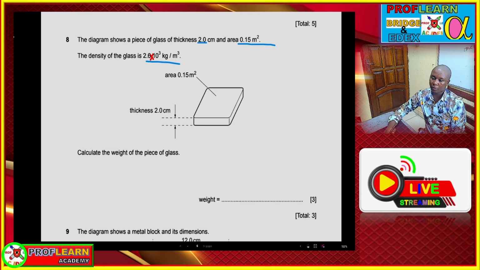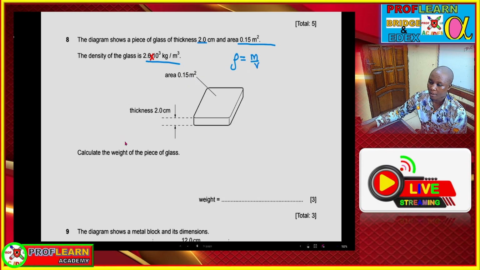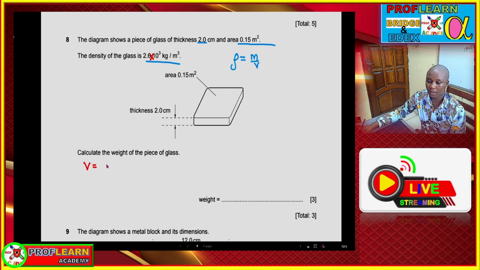So some of the questions you'll be expected to do in IGCSE general physics are questions to do with density, and you need to remember that density is equal to mass over volume. But in this question we are supposed to calculate the weight of the glass, and before you work out the weight, you need to find the volume. Volume is cross-section area times length, and so we are going to divide this by 100 so that we convert this to meters, and that is going to be